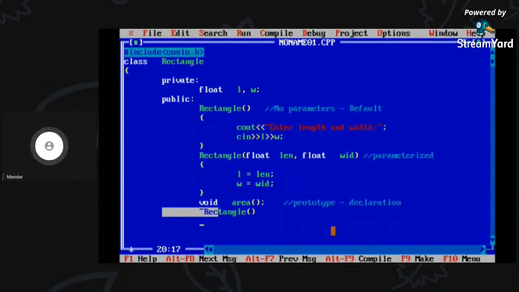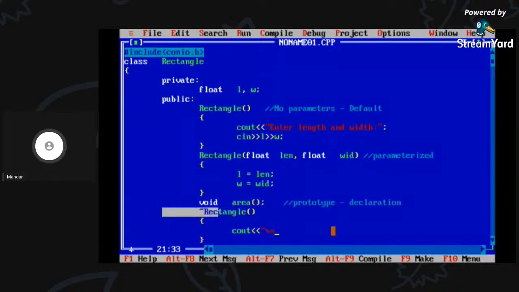So this is a destructor, and what do we have to write as code inside the destructor? It's really useless to write any code over here, because this is meant for destroying the object. So what code will we execute while destroying the object? For our simplicity, we'll simply write a cout command, and inside that I